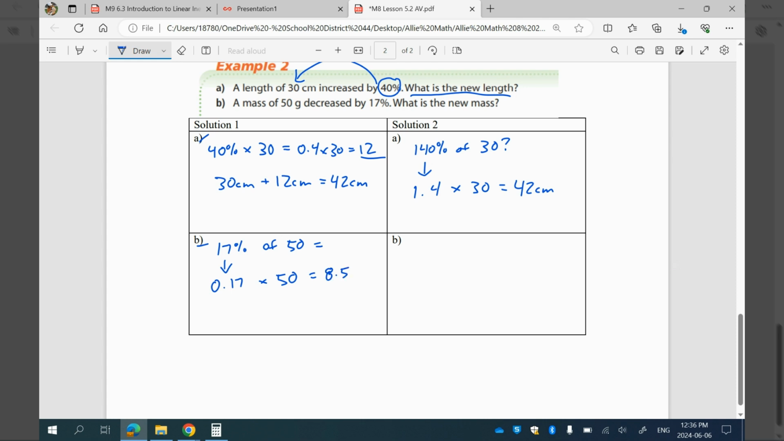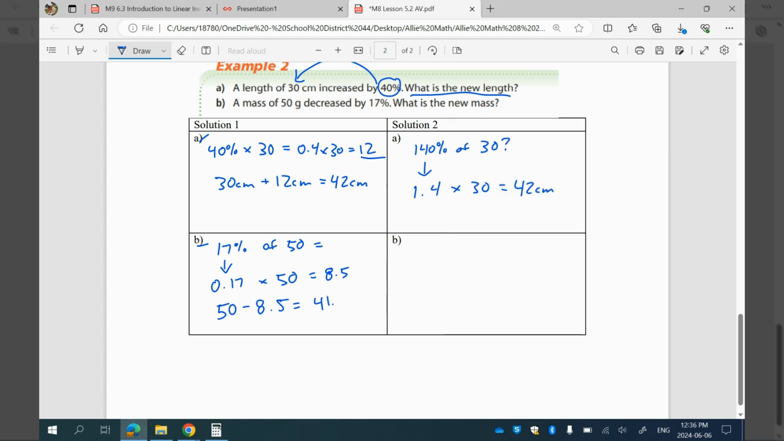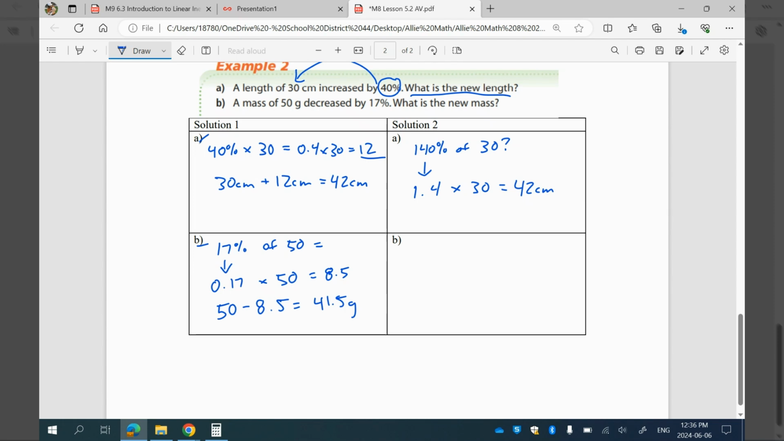So that's 17% of 50, and it's going down by that much. So we have our original 50 grams. We're minusing 8.5, and we get 50 minus 8.5 equals 41.5 grams. Okay, so the mass was 50. It decreased by 17%. Now the new mass is 41.5. So that makes sense. It's gone down by a fraction. And in this one, what we can recognize is that if we have 100% of something, this is 50. That's 100%. If it's going to go down by 17, so minus 17%,